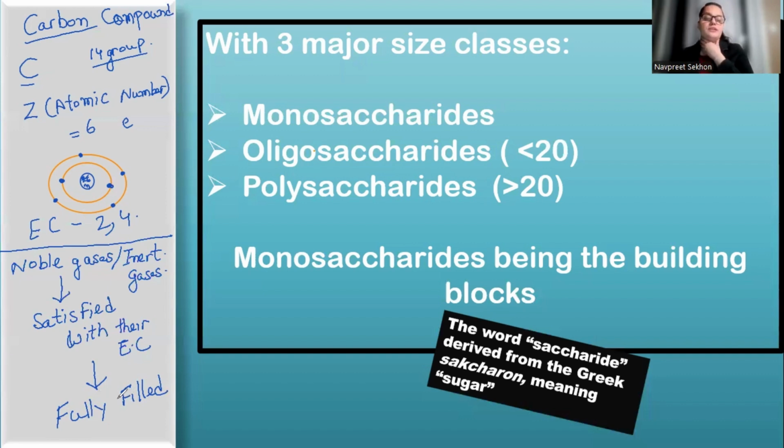Argon is one of those cases. Anyway, we will go there. Because they have fully filled electronic configurations, the noble gases are satisfied, so they don't react, and because they don't react, they are called noble gases. Let's do some examples over here, right? So the examples can be